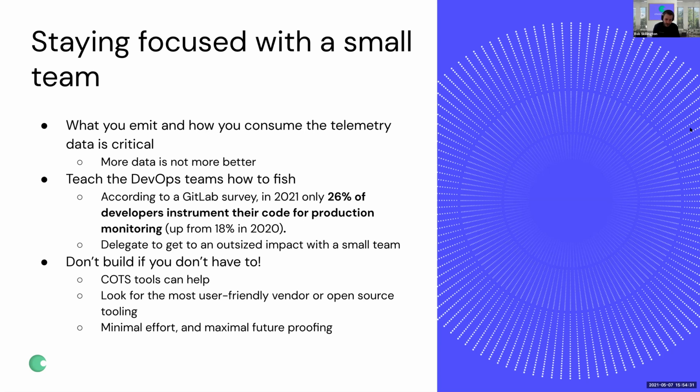So the other thing you want to think about is that, according to the GitLab survey in 2021, which was released just this month, only 26% of developers instrument their code for production monitoring. Now that is up from 18% last year, which is a good sign, and probably also what's leading to a growth in the size of all this data, because more people are developing custom metrics, custom log statements that can be pivoted on, and emitting traces. But keep in mind that there's still 74% of developers that aren't touching any of this stuff, and they need